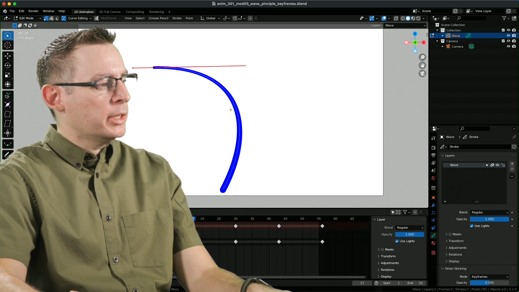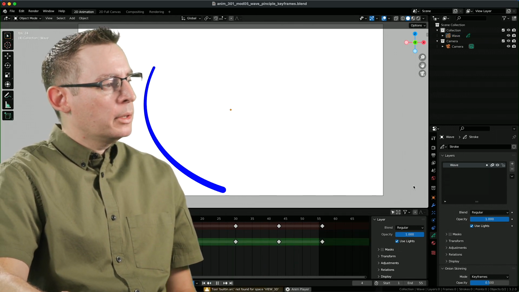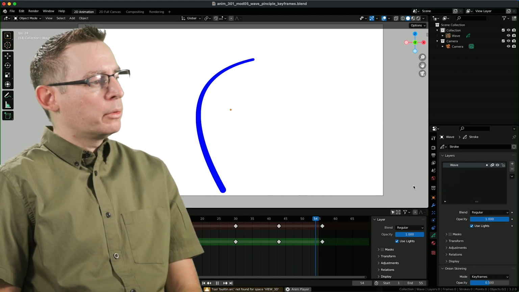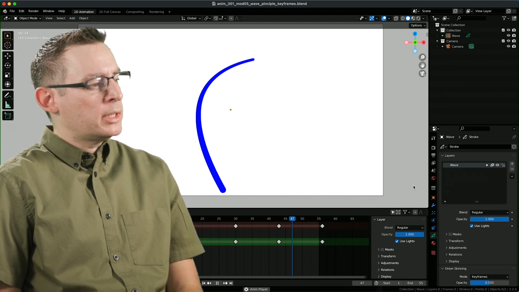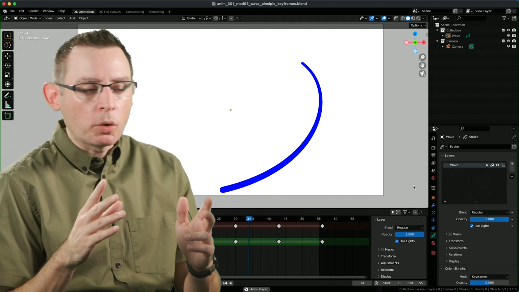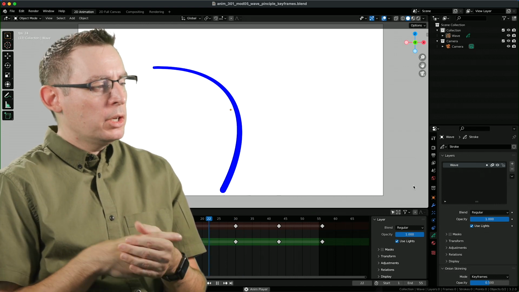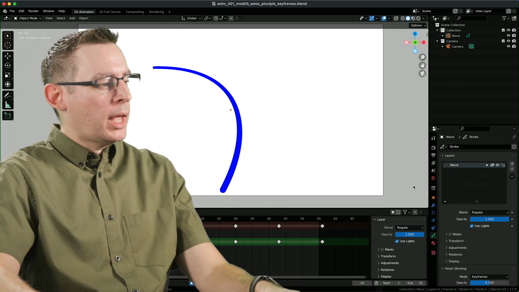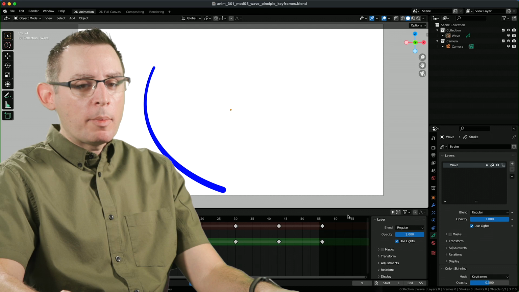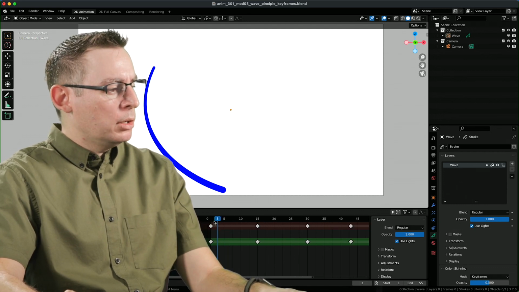Let's play the animation as is. I'm going to go out of edit mode into object mode here real fast. And I'm just trying to see if this is working. Because if it's not working at this stage, it's never going to work. We want to make sure that these initial storytelling poses do as good of a job as we possibly can in describing the movement before we go any further. Yeah, and I'm digging this. This is a good place to begin.